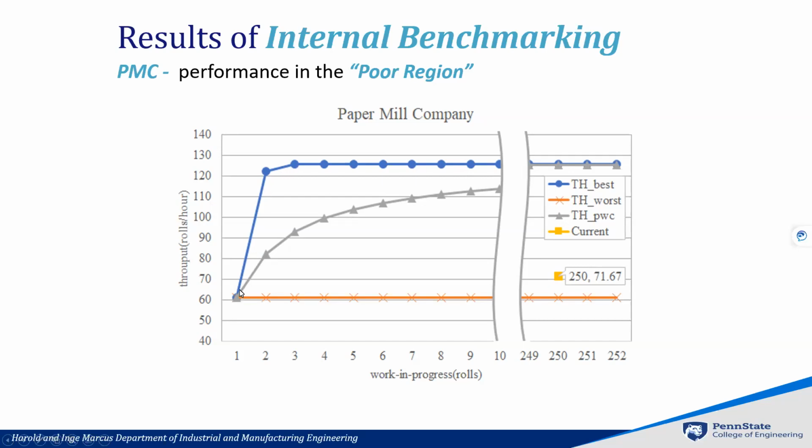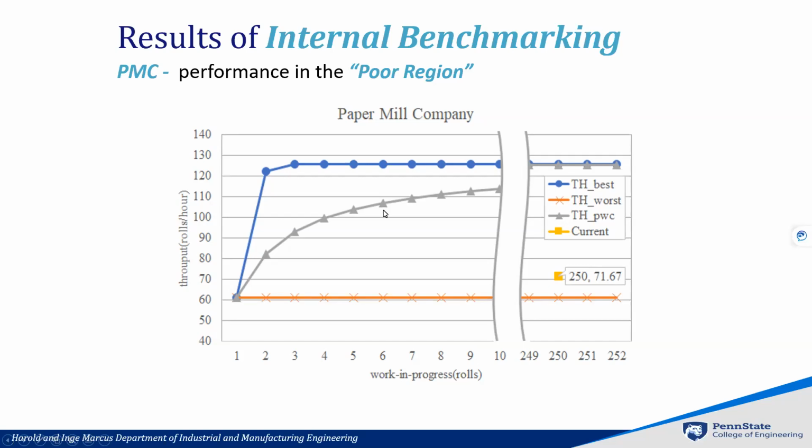If the company was doing really fantastic in terms of its performance, then you pick the number of WIP paper rolls they had. Let's say they had 6 paper rolls, then they would be very close to this throughput, something like 125 rolls per hour. That would be the upper bound, the theoretical ideal. No manufacturing system in real life would achieve that, certainly not this practical system. So the practical worst case would be this gray curve here.